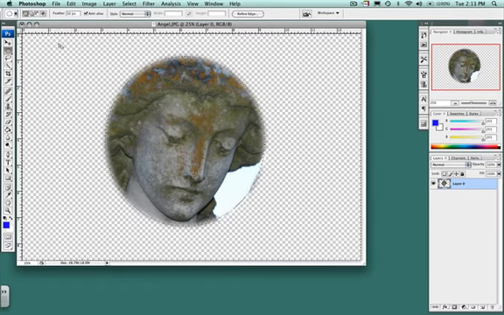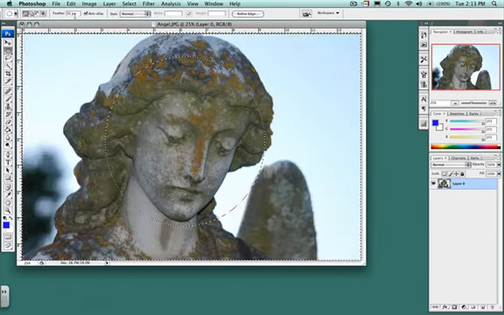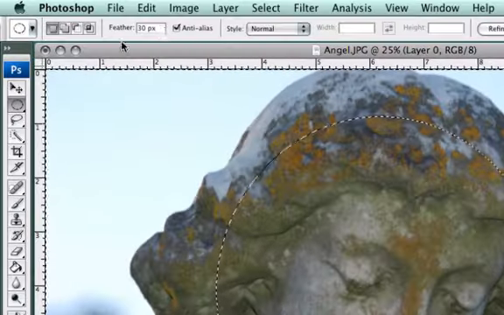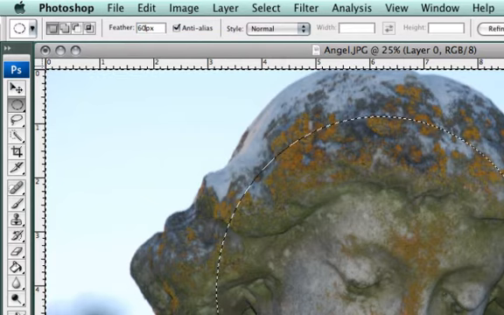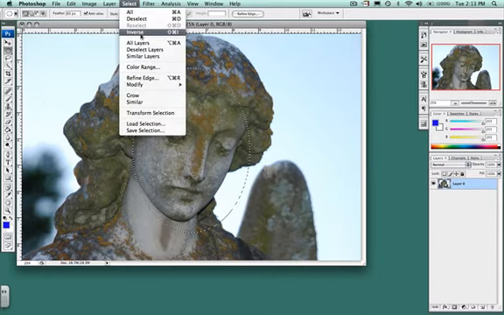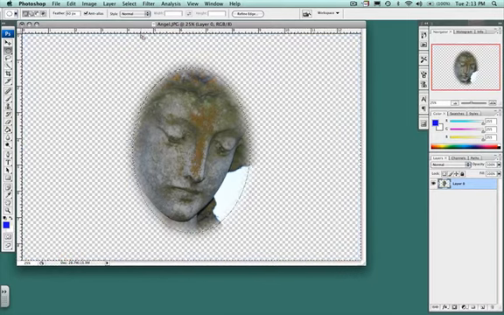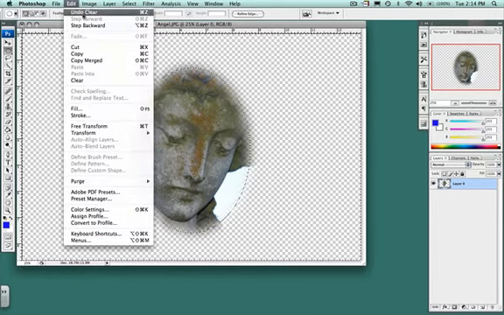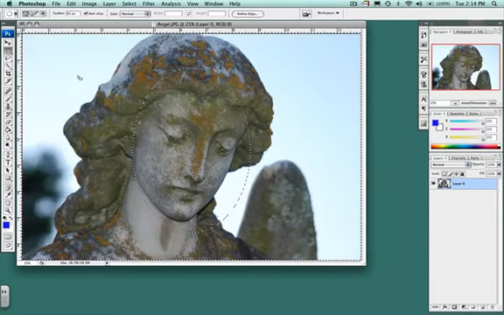We can also change some of the feathering that we have here. For example, we have the feather tool, which allows us to change that. We'll change that to about 60, and we'll make a selection again right around this area. Inverse the selection, and we'll go ahead and hit the delete button, and we'll see a little bit more feathering here. As we increase the pixel number of our feather, we'll see a little bit better feathering effect. Well, I'm going to undo that, and in this particular